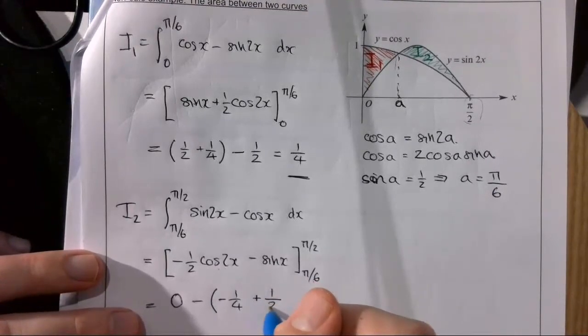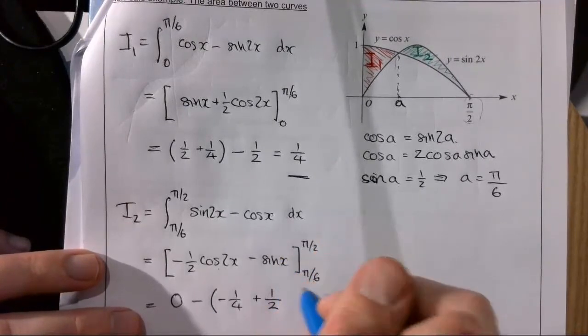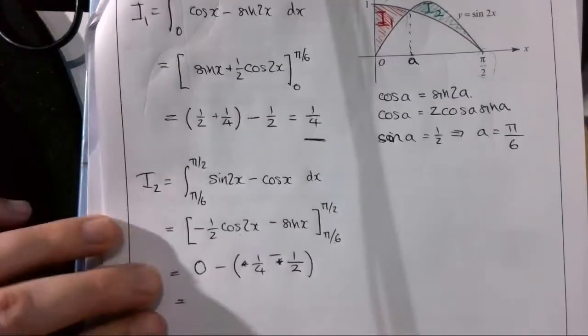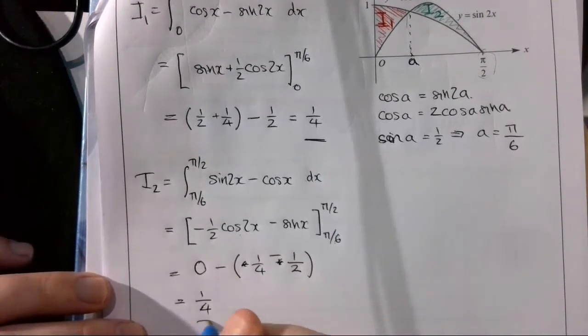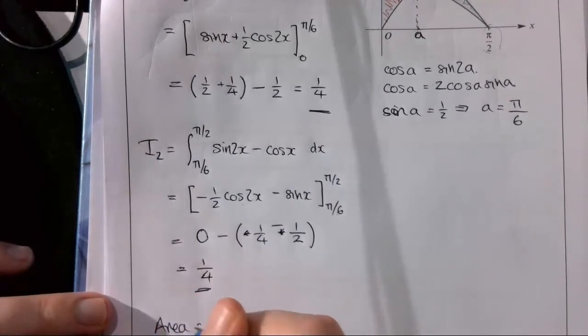I think this is right. Plus a quarter minus a half, sorry, it's late in the evening. So overall this is a quarter, that's right,